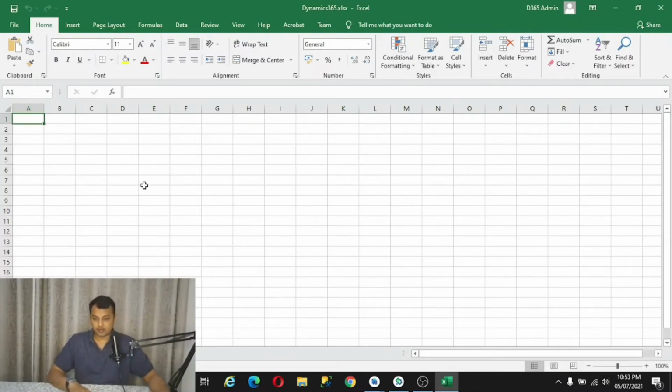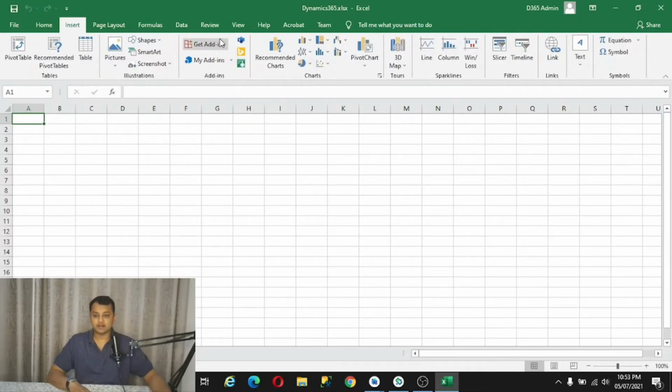Hi, so for our example, to start with, we need to install our add-in for Dynamics 365 to connect with Dynamics Finance and Operations to fetch the OData. Microsoft has already provided one standard add-in which we can utilize. To install that, open your Excel and go to Insert.